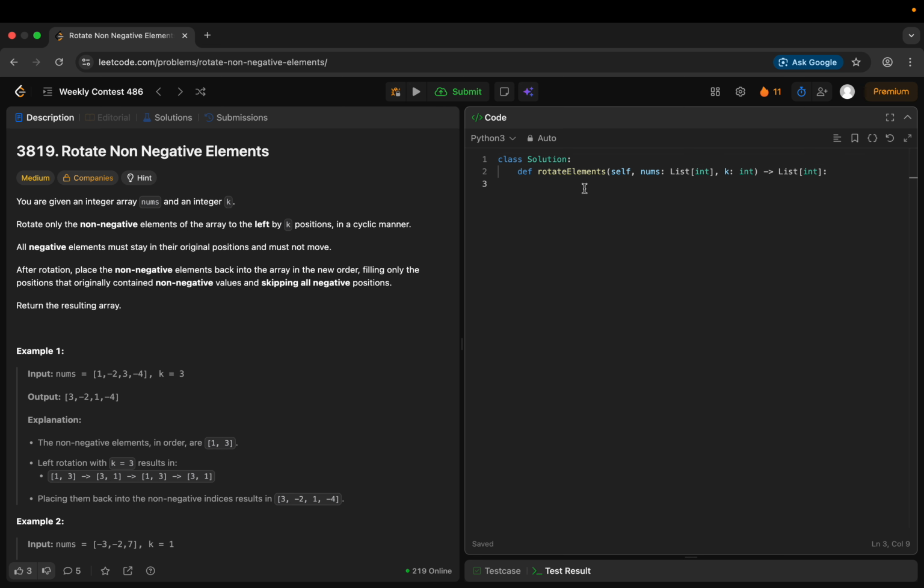Let's first take the copy of the nums. Let's not make any changes to the original array. nums1 is equal to a copy of it. Now we can simply calculate the length. So n is equal to len